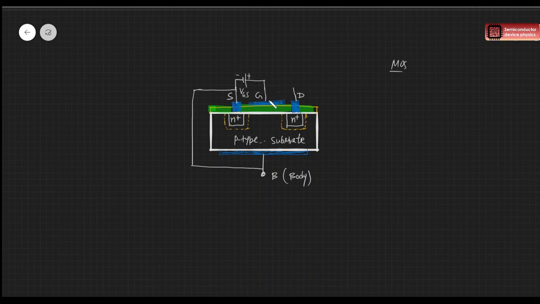At this condition, our gate terminal will have the positive charges, and here a negative charge will be induced. Here it's a p-type substrate, so we have plenty of holes all around, right? These holes will be repelled from this region, from nearby this gate region,